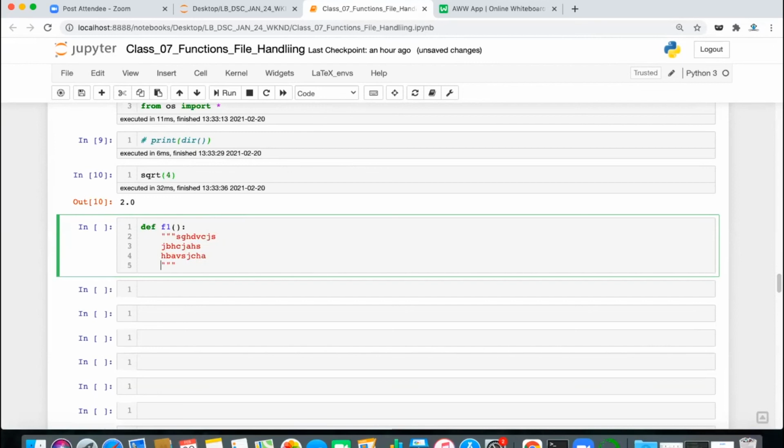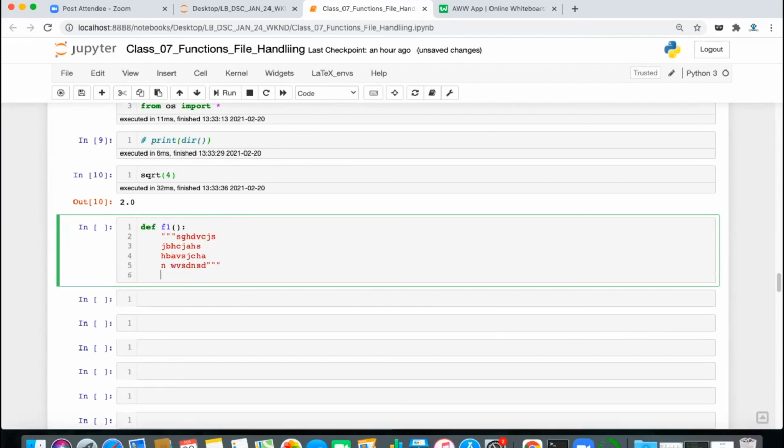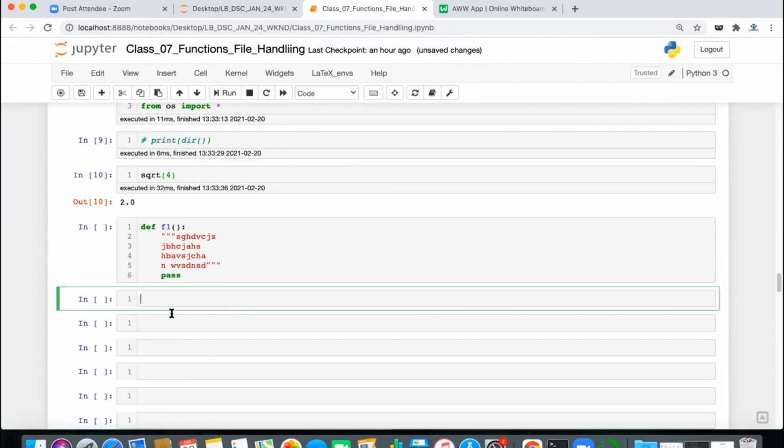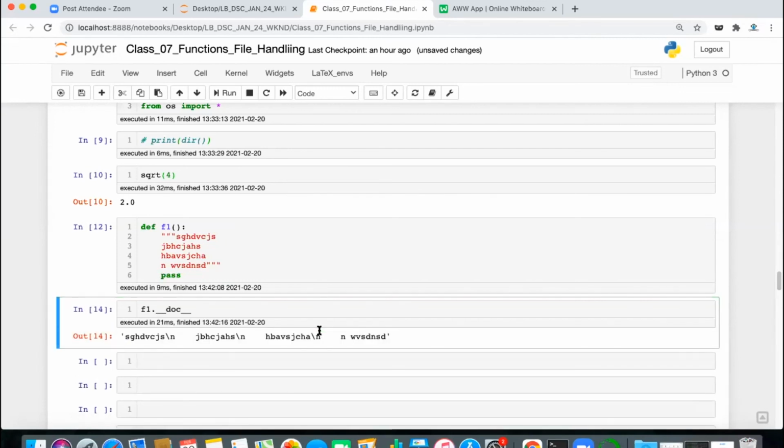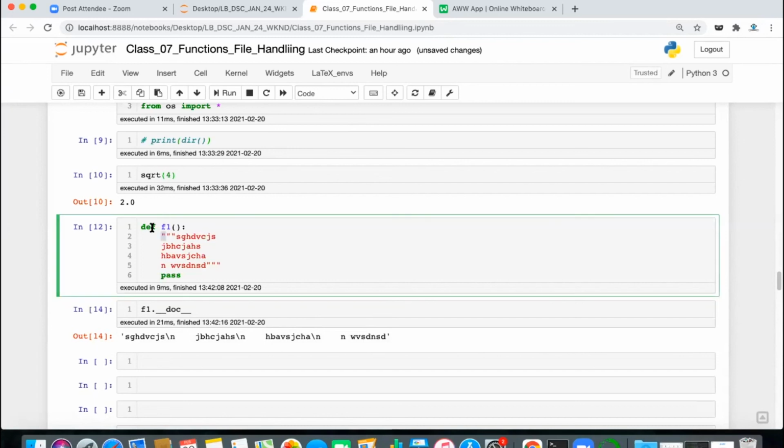Now if you call this f1 function and execute it, it is not doing anything. But if you want to find the documentation, you can write f1.__doc__, and it will give you the documentation. Remember, anything you write inside triple quotation marks on the first line after defining the function comes under documentation. So with this I'm ending the discussion on functions and modules.